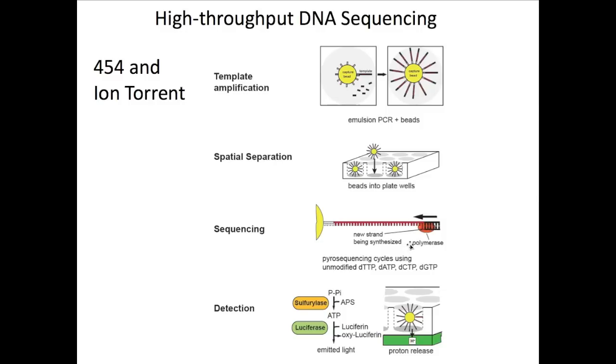So the way that the 454 and Ion Torrent work is you do cycles where you have really only one of the bases present, so dTTP, for example, would be one cycle. And you monitor each of the wells in this flow cell where you have your templates that are hooked up ready to be extended. If T is the correct next base to be added to this primer, in other words, if A was on the opposite strand, then you'll actually see that that base got incorporated. The way that you can tell that happened in the 454 instrument is that you have a series of coupled enzymatic reactions that, when the